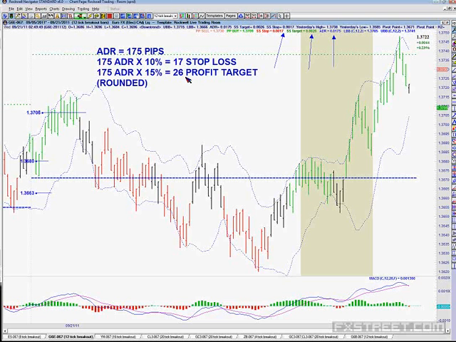So we see, just using the average daily range for our target and our exits, that our stop loss is appropriate for this market. We get the move on up to our target, and that would be a reason to get out of a trade. Now, when our conditions are met for a downtrend again,